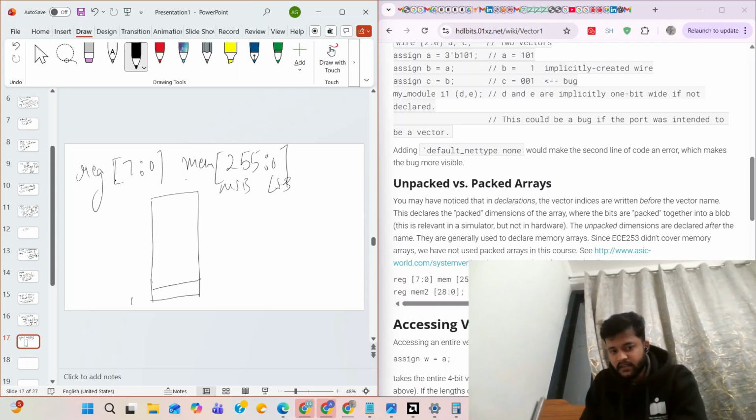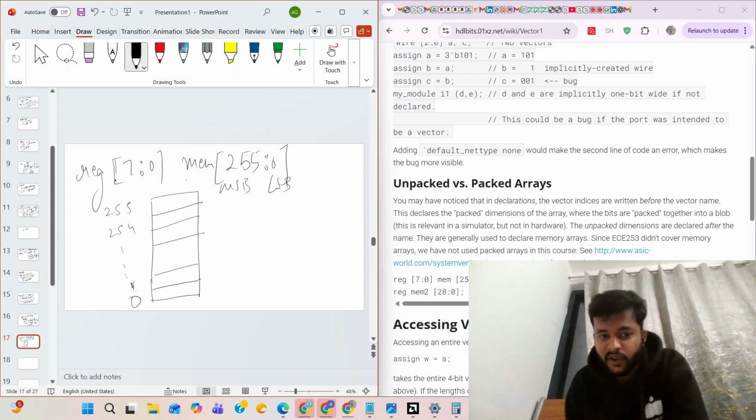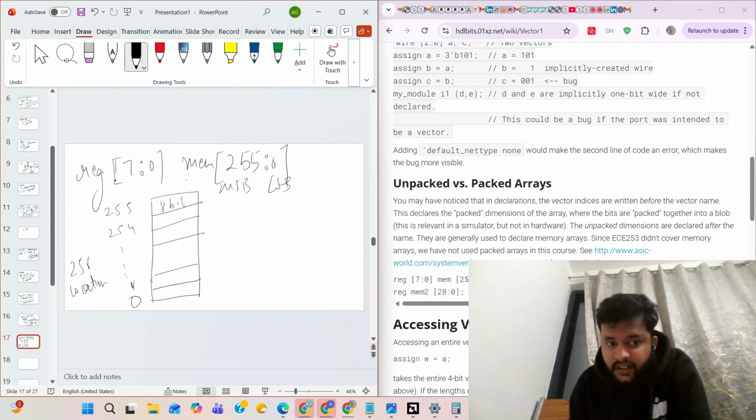So the LSB here is 0, and the MSB here is 255, 254, and whatever down to 1. It's a very wonderful concept. You can see there are 256 locations, and each location is of 8 bit.